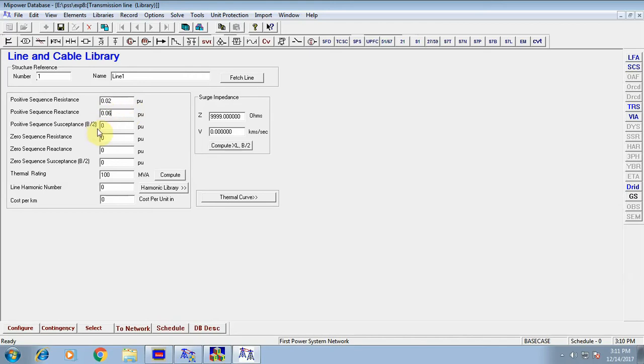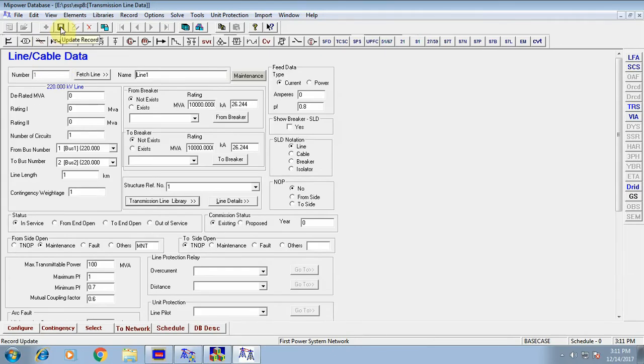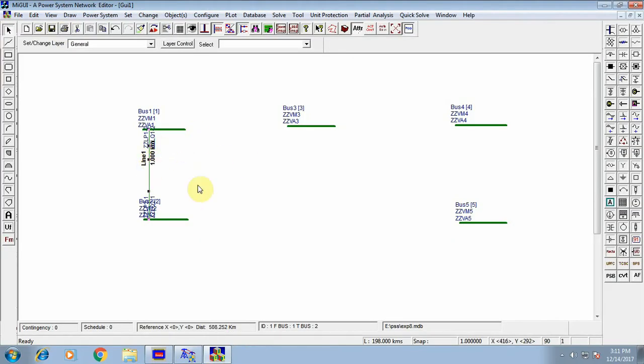Then we have the line charging positive sequence susceptance, that is B by 2, which is given in the table as 0.03. Then click Save here, click on this line, and click Save. Okay, we are done with line 1, and then we go for the second line, which is connected between bus number 1 and 3 here.